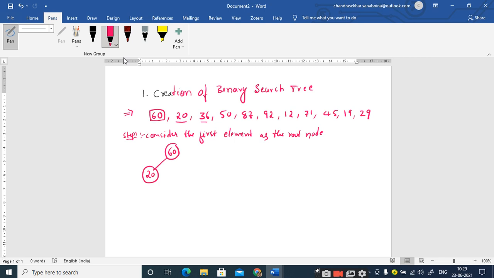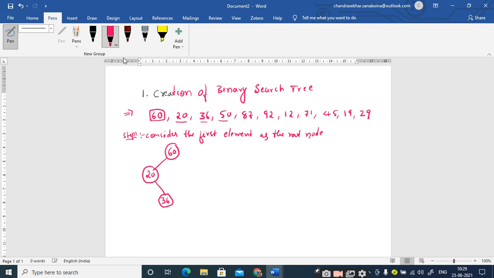Therefore, again you have to make a comparison. 36 compared with 20, is it less than or greater than? Greater than. So where should I place 36? Right child of 20, sir. Right side of 20. Therefore I fix this 36 like this.